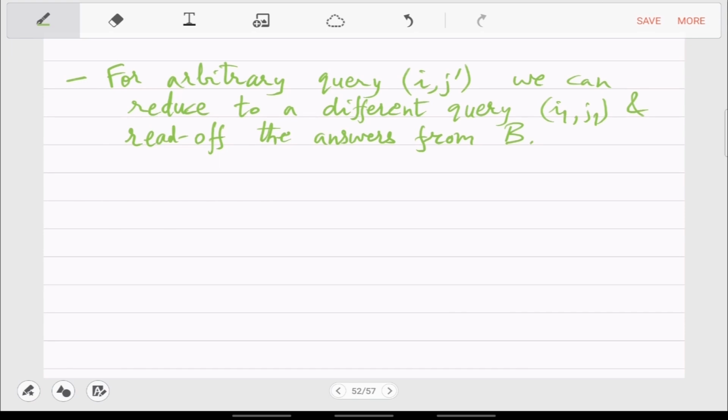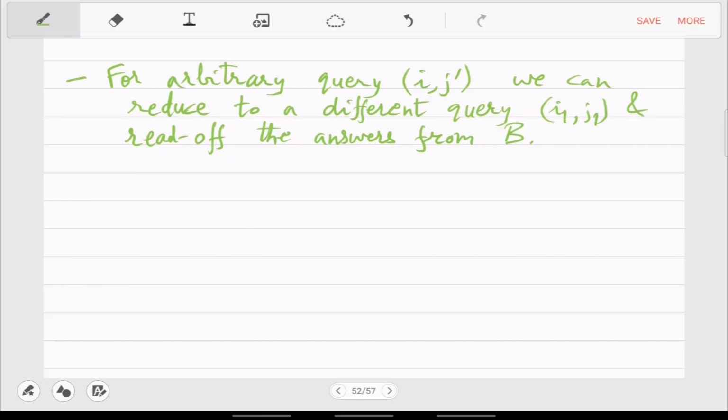We have to probably access 2 places of the matrix B, which will correspond to 2 different queries, let's say i1 j1 and i2 j2, and then from that we'll try to deduce the answer of the arbitrary query which was not present in the matrix at all.